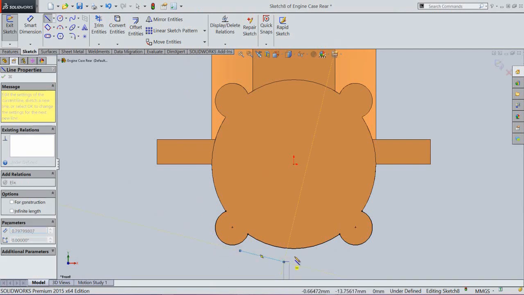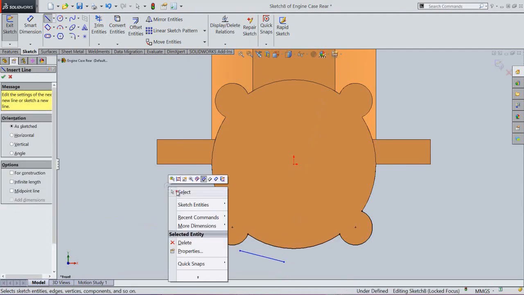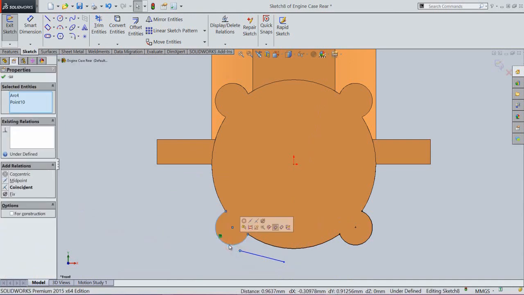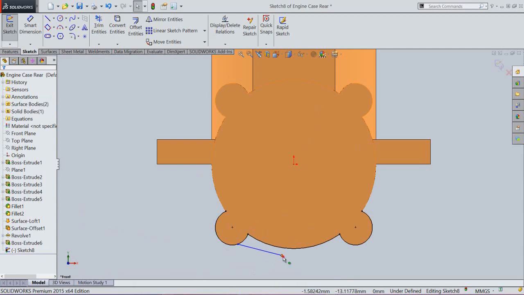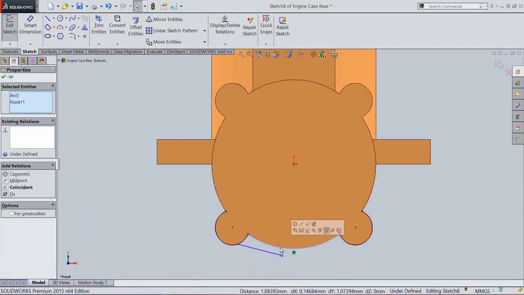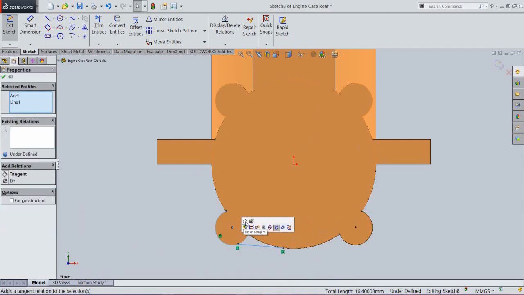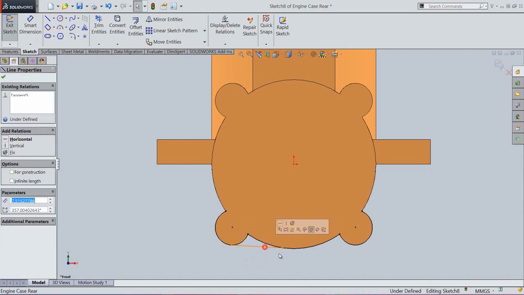Create a line. Select this point and select this edge and apply coincident relation. And select this endpoint and this curve, apply another coincident relation. Select this line and arc and apply tangent relation.